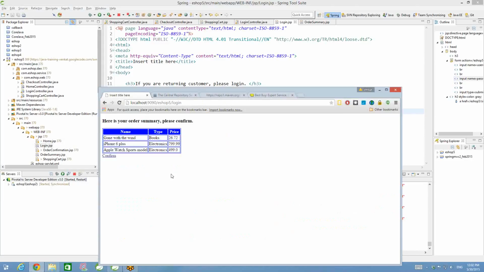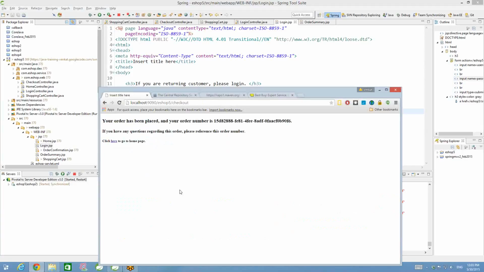This is a good username and password. How do we capture the error messages and everything? We will talk about that later, because I'm still going to talk about the